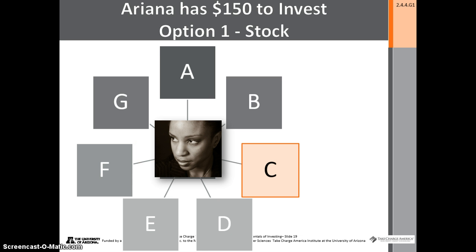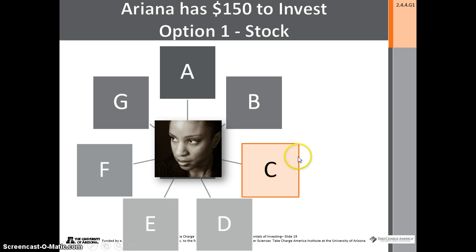This next visual has a very good demonstration of a girl who has $150 to invest. If she invests in option 1, which is a stock, as you can see up at the top, she has multiple options to invest with companies A through G. In this option with the stock, if she chooses to invest all of her money in company C stock, for example,